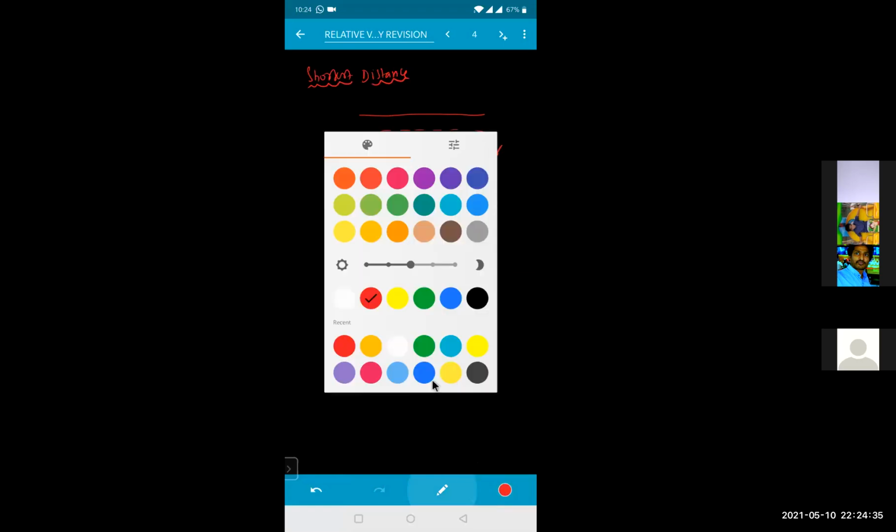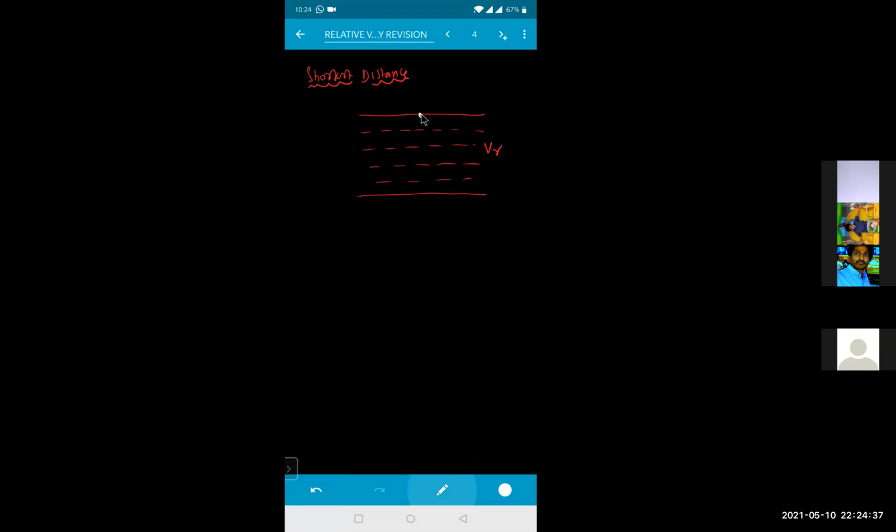for the shortest distance we need to move against the river flow. This is the basic thing which you know, and water is flowing in this direction. This is the velocity of your river. Now, in order to reach by the shortest distance, if I'm starting from point A, point B will be my shortest distance.